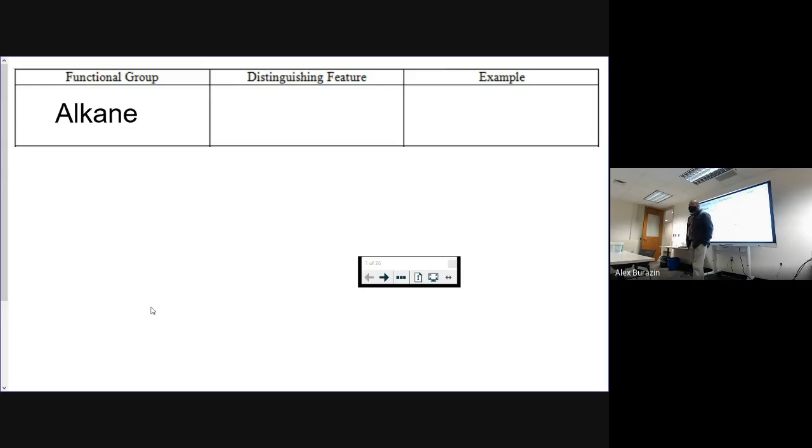So we're going to talk about different types of groups. Okay, the left-hand column is the functional group. Okay, we're going to go through 11-ish, 12-ish. How many I got there? 12, I think, functional groups. And these are just different organic features. Okay, first one we're going to talk about is called alkane. And alkane